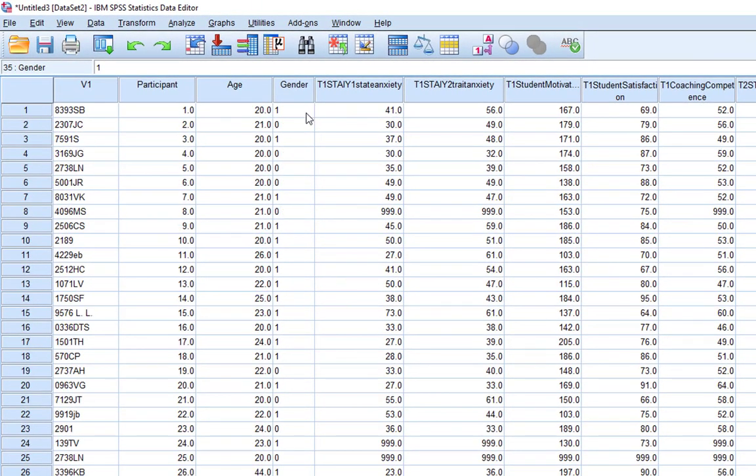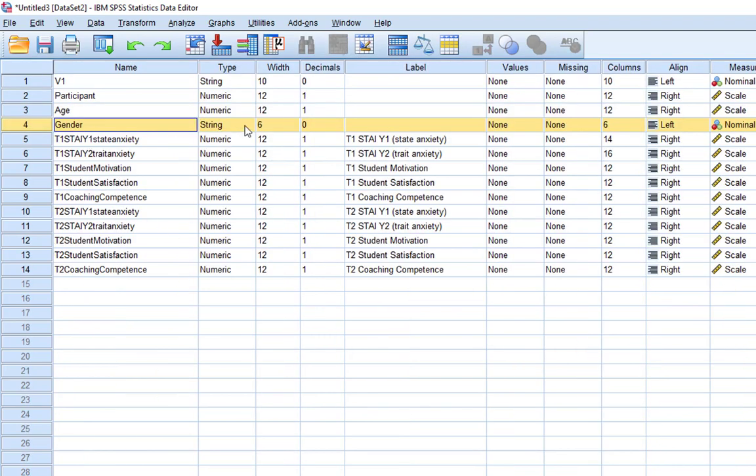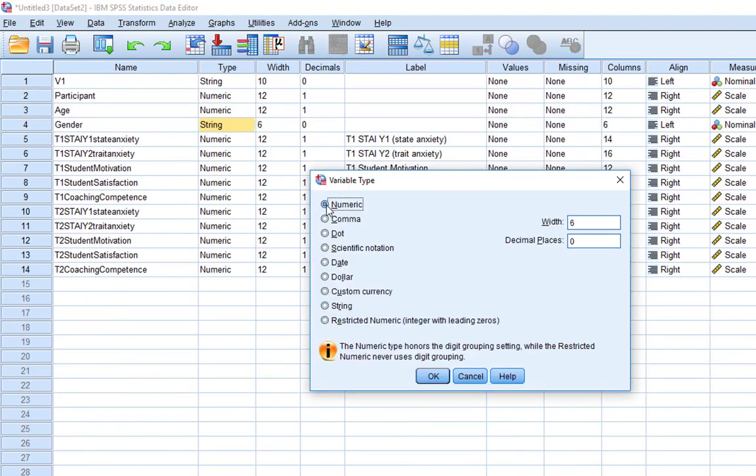Okay, so I've gone ahead and just done that. The reason you would do that is that for some types of analysis you can only enter a variable that is classed as numeric, not string. So it's good practice to do that in the early stages. So we would change this now to numeric,